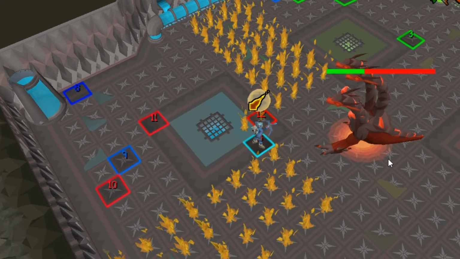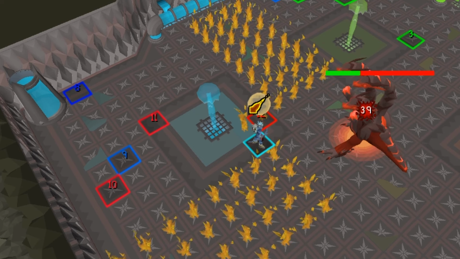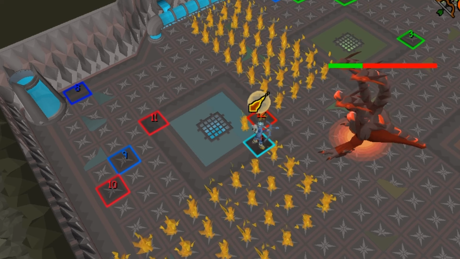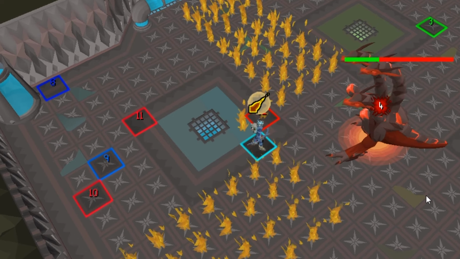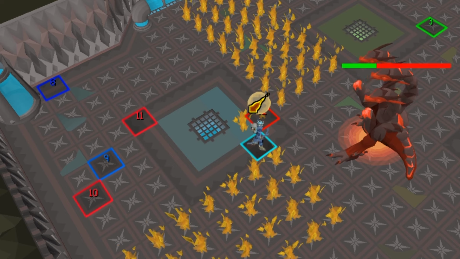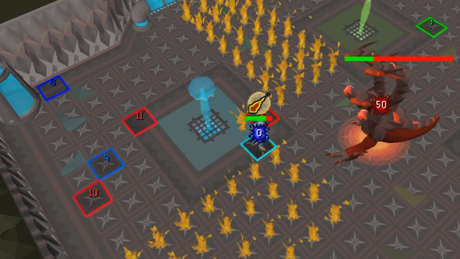This fire skip method is actually really, really easy. You don't have to time it perfectly. Just wait a second and a half after the two firewalls start to come up, and then you will get into the right position and avoid that chasing fireball. Now, just make sure that your prayers are all correct so that you're not taking any damage, and continue to